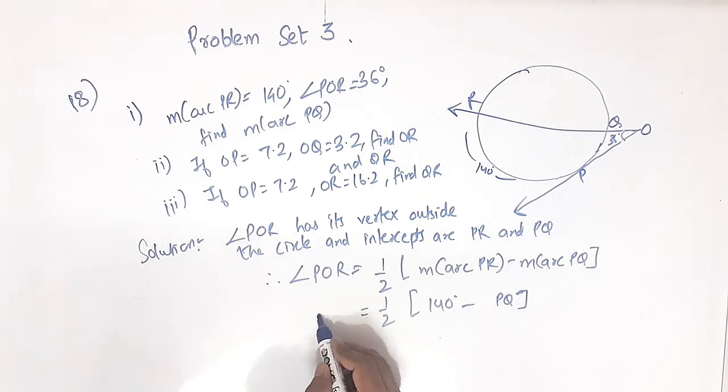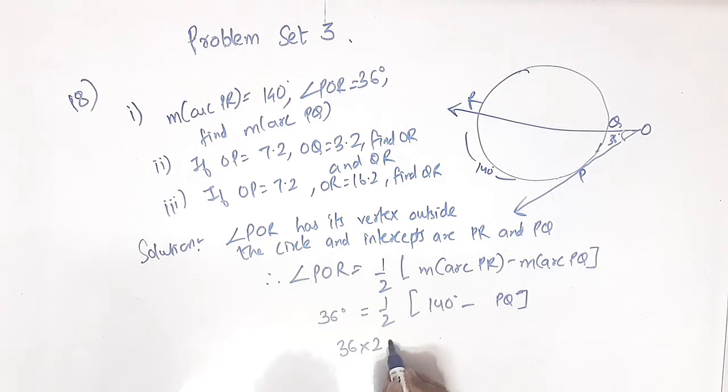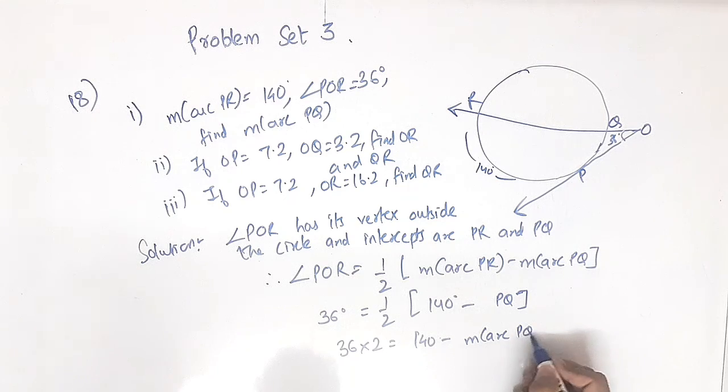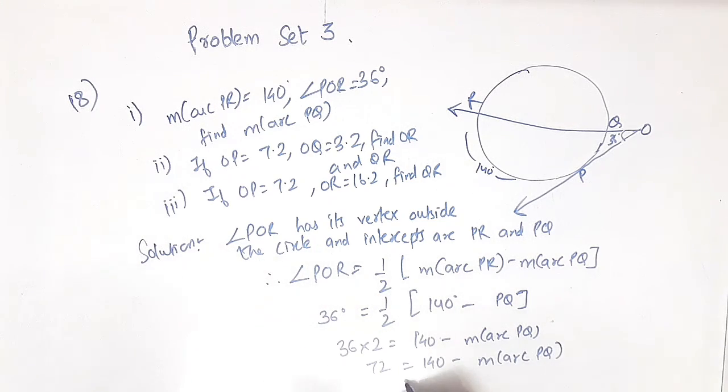Okay, so now angle POR is 36 degrees, 2 will go here, so 36 into 2 will be 72, equals 140 minus measure arc PQ. Now, if I write here measure arc PQ,